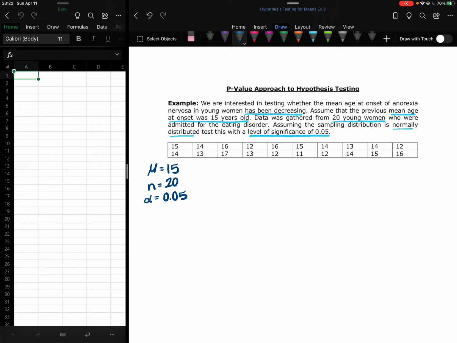However, I was given the ages of the 20 women. I was given the raw data for the 20 young women. I have 20 ages here that I can see in front of me. These are the ages that these women were when they were admitted. So I can go and find the mean for these 20 women and the standard deviation for these 20 women